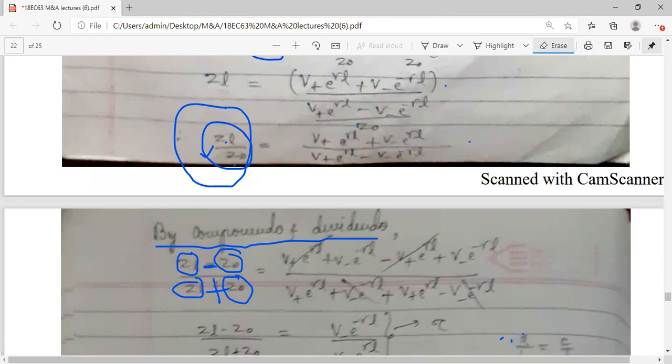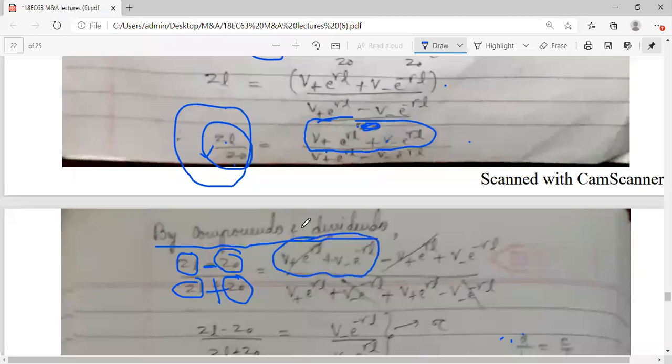here it is important to make use of the componendo and dividendo rule for the RHS. Remember, this complete expression, whatever we have written here, Z naught is not there, this complete V plus and V minus, this is one term. So that one term I have written here, V plus and V minus, first term. And what is the denominator? There is a negative sign and this is your denominator. Actually there is a negative term here, so you can just take negative.